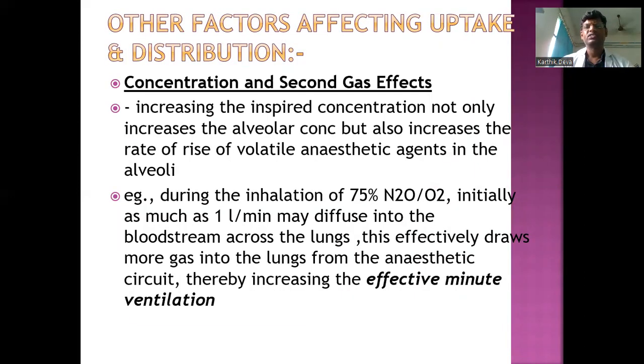Other factors affecting uptake and distribution. Concentration and second gas effects. Increasing the inspired gas concentration not only increases the alveolar concentration, but also increases the rate of rise of volatile anesthetic agents in the alveoli. Example: during the inhalation of 75% nitrous oxide, initially as much as 1 liter per minute may diffuse into the bloodstream across the lung. This effectively draws more gases into the lung from the anesthetic circuit, thereby increasing the effective